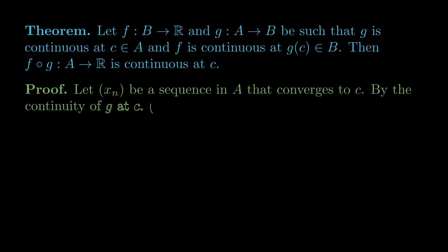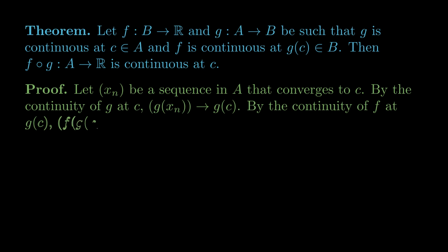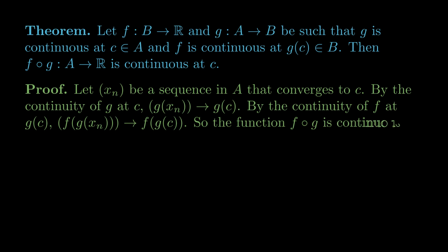By the continuity of g at C, we know that the sequence g of xn converges to g of C. And now by the continuity of f at g of C, we know that the sequence f of g of xn converges to f of g of C. Since we started with an arbitrary sequence, it holds for every sequence, and so the function f composed with g